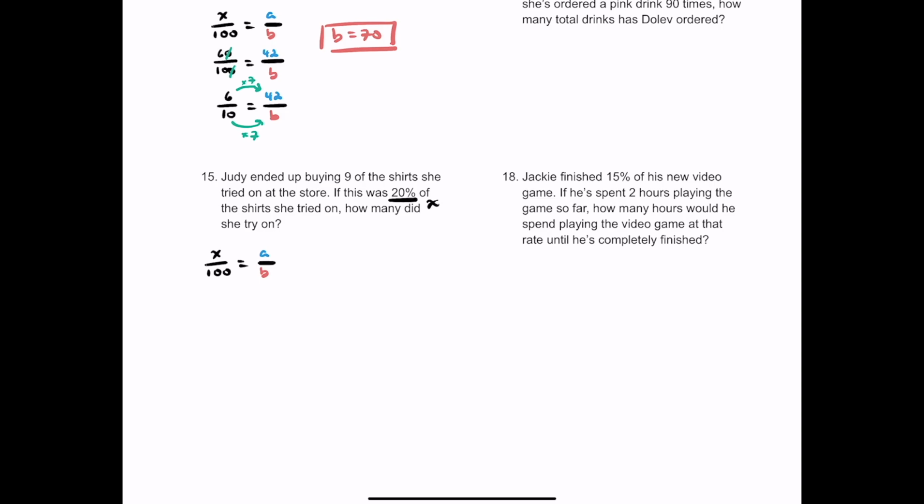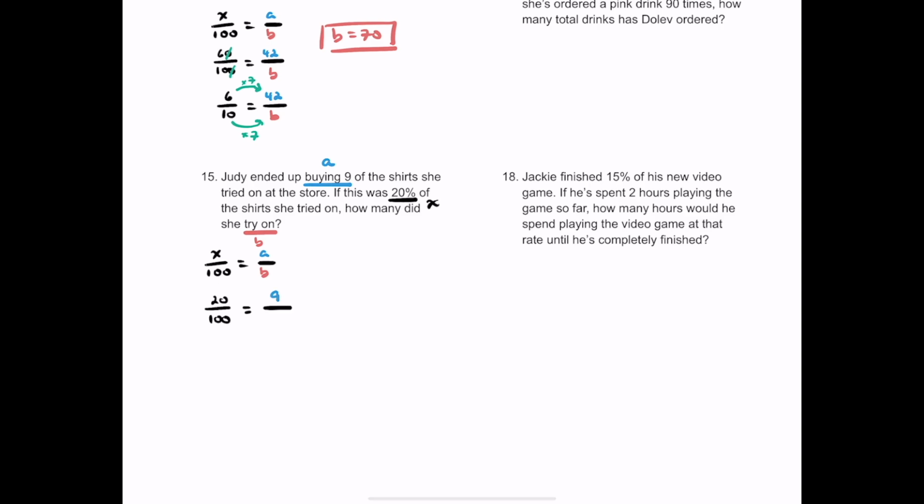She bought 9 shirts, but that wasn't all of them, right? That was just part of the whole. So when she buys 9, that's going to be the part. And it says how many did she try on in total, right? She didn't buy them all, but the total that she tried on, that's going to be our b value, or the whole. Okay, so x is 20%, so that's going to be 20 over 100 is equal to